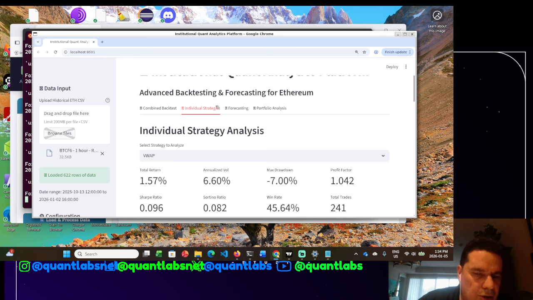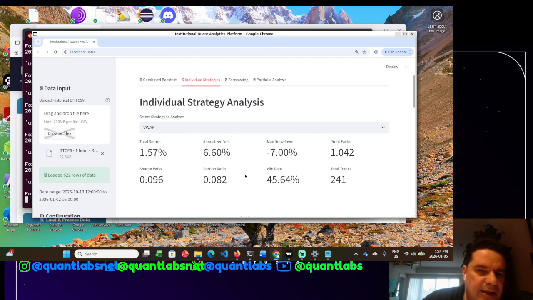So also what I'm going to show you in the forecasting, we can see here, knowing that the VWAP is your best one, 6% volatility is pretty sweet for Bitcoin trading. Okay. Total return, not great, 1.5, but there, as I said, you would have done amazing, probably doubling your money if you traded silver or gold. Max drawdown's pretty good. Standard is you want to have it no more than negative 15%.